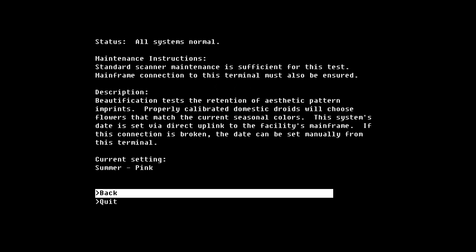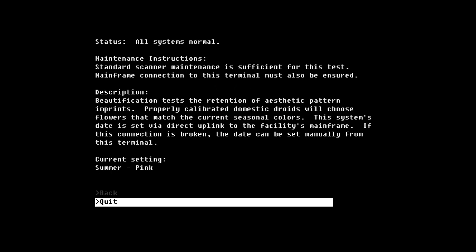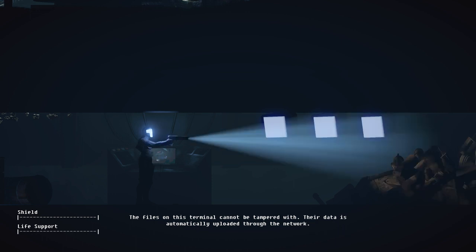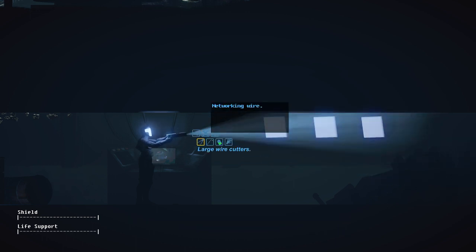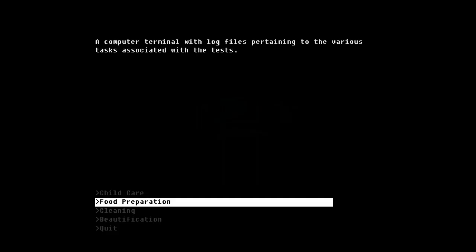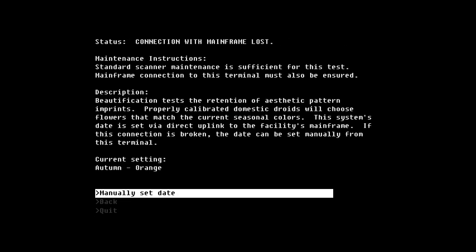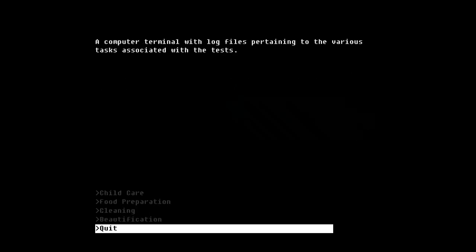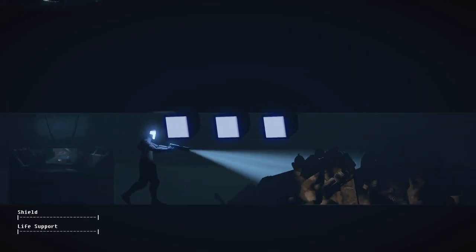But we have to break the mainframe connection to this terminal must also be ensured. So if we can shut down the connection to this terminal somehow, networking wire. Okay, well, we have wire cutters. Here we go. So now we should be able to go on here. And on here, yep, we can set the date. And I guess they're purple, aren't they? They look more blue to me, but I remember calling them purple. Okay, so now,